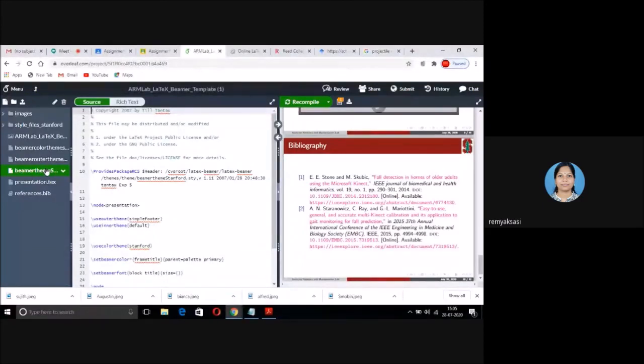For IEEE, a style file is there, where it is written how the template should look. So there is another file which explains how our file should be. Style files are already defined. Then we have images. If you want to add images, as we did yesterday, you can upload the image here.